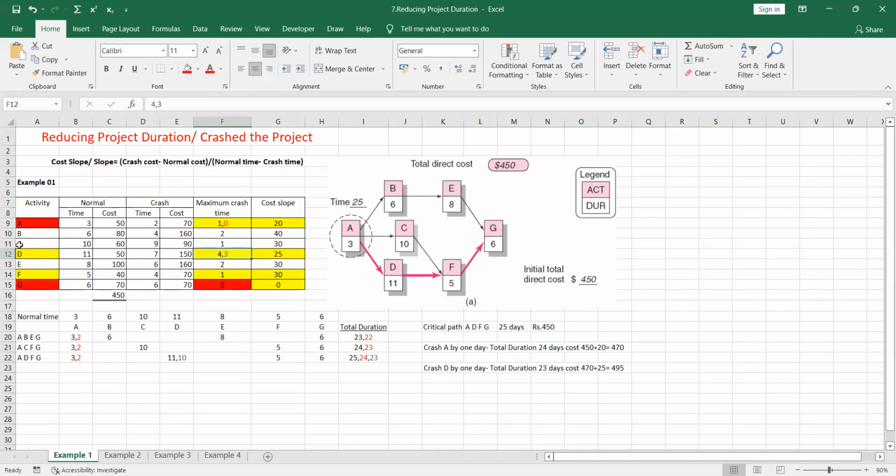So we can crash the D activity by 4 days. But we are not going to crash the D activity by 4 days because if you see these three paths,